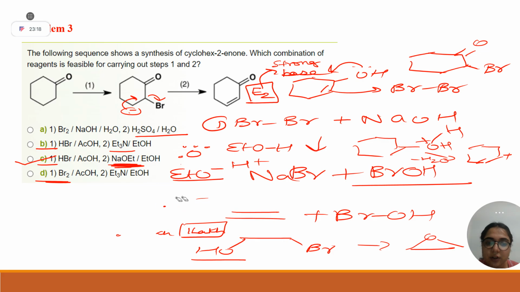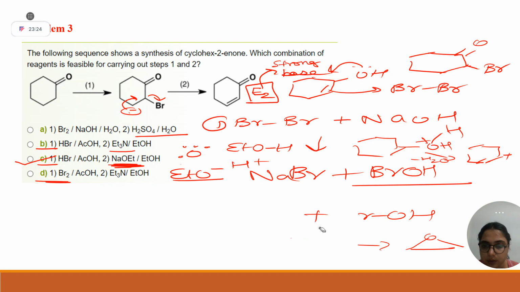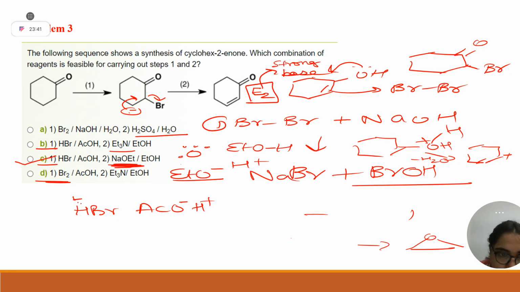Br2 in acetic acid, is that clear, or is that also not clear? Just write intimate ion pairs. Acetic acid: this has a minus charge, this is H plus, right? This is plus, this is Br negative. Clear? So on changing also, it will be that same mixture of HBr and ACOH, right? Yes, ma'am. So there is no change.